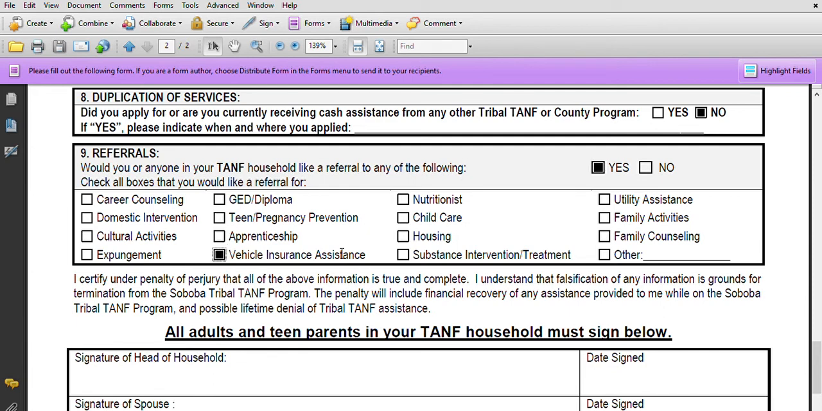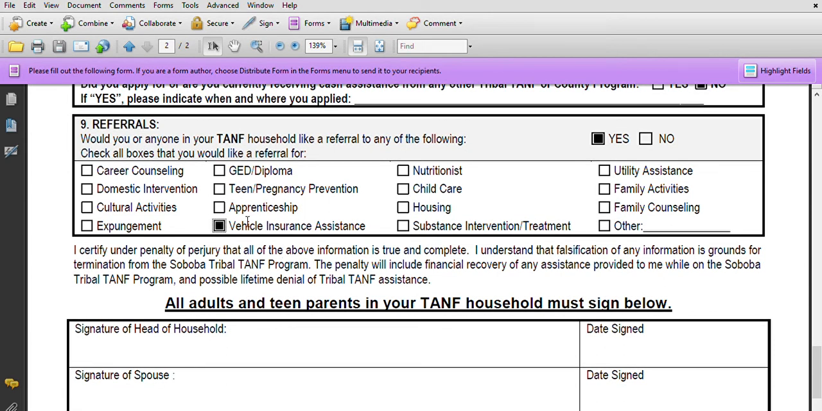As a caseworker, once I review this document, this allows me to refer him to an agency that can assist him with vehicle insurance assistance, or if our program helps out with something like that, then we would just give him the resources and the information pertaining to that request that he needs to make. So